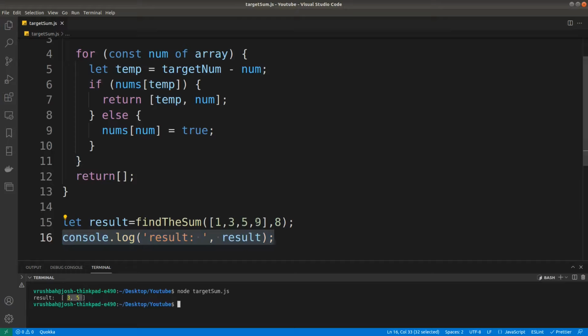Now let's cross check when we do not find the match or the pair of numbers, our function should be returning an empty array. So let's say 15, and yeah, the result is an empty array.